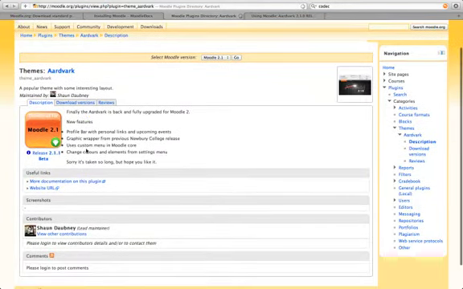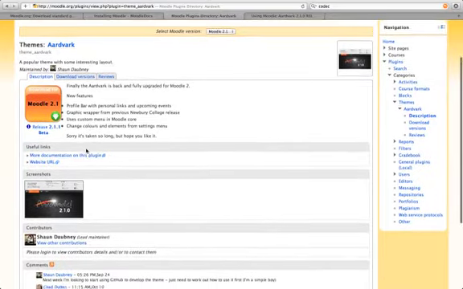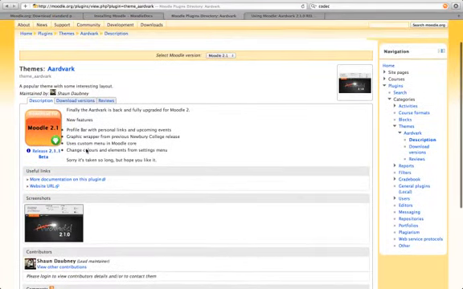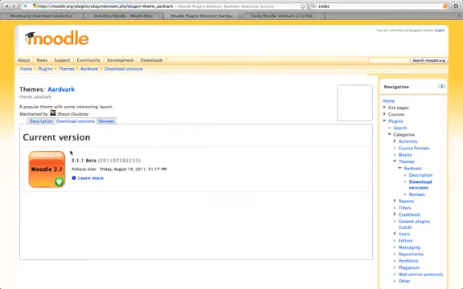Once you enter into the information on the theme, you're able to do a couple different things. Number one, you're able to see the different types of download versions available. If I press here on download versions, we find that there is only one download version available, which is Moodle 2.1, and it is a beta version, meaning it is still in testing. Go back to the description,